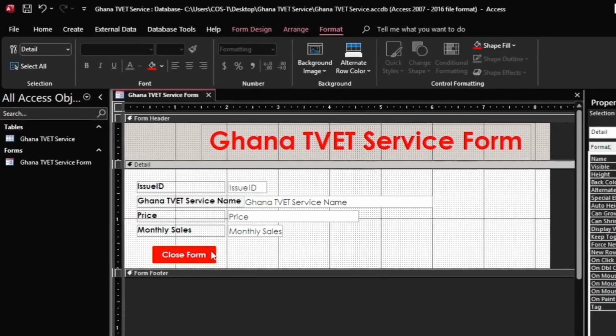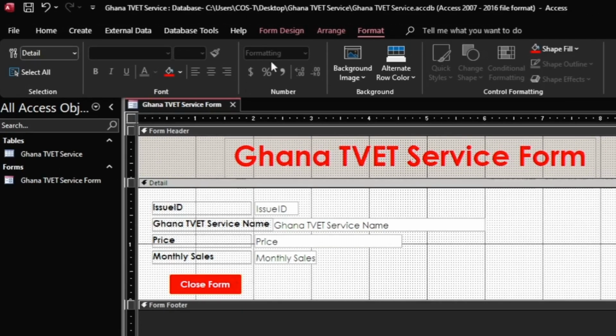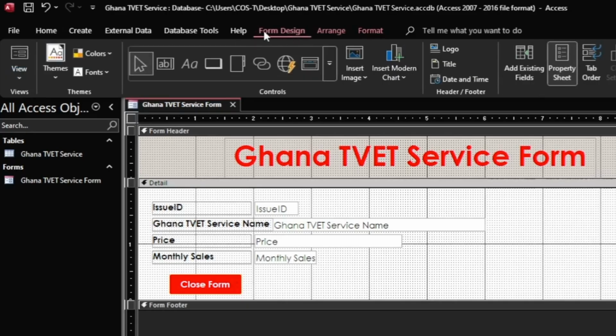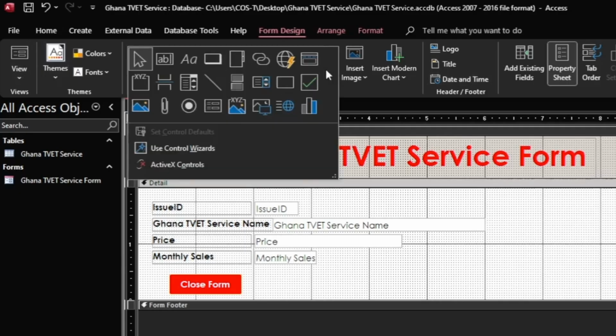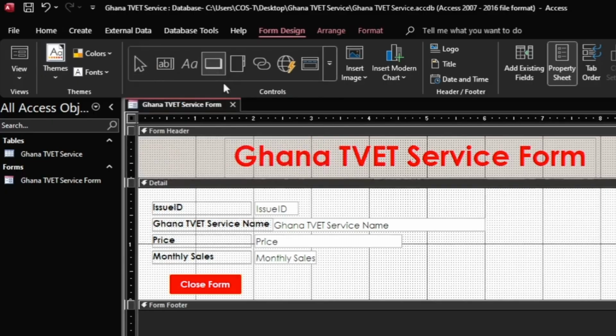In my form design view, I'll go ahead and click on the form design tab, and as I click on my form design tab, look to the form design ribbon under the control logical group, click on the task arrow and click on what? Button, okay, which is the button, and come and drag to draw your button,